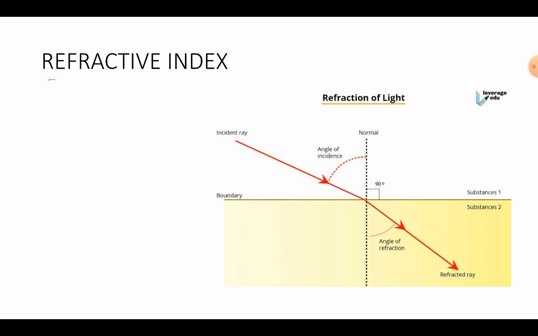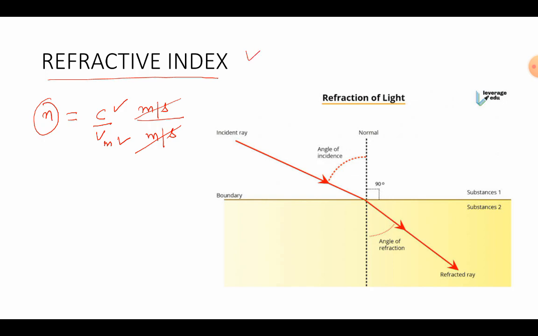So as we all know, refractive index is the ratio of the speed of light in vacuum to the speed of light in any other medium, or in general if it is relative, then it is the speed of light in one medium to the speed of light in some other medium. Basically, refractive index is the ratio of speed to speed. So if it is the speed of light in vacuum, which is in meter per second, and this is the speed of light in any other medium, which will also be in meter per second, both of them will cancel out. So what do we get to know? That refractive index should have no units.